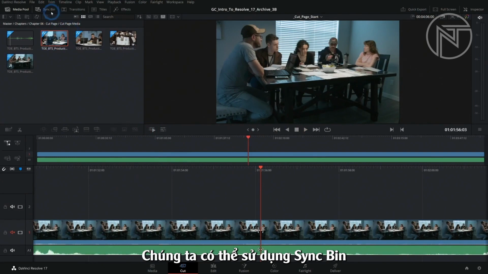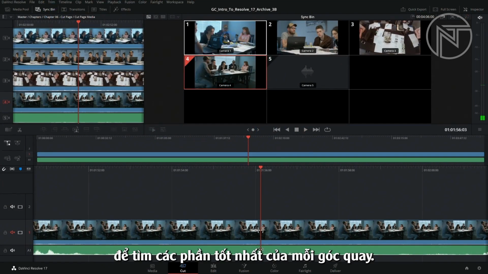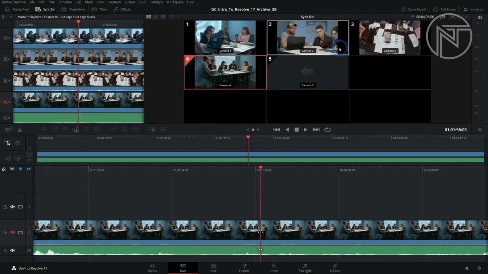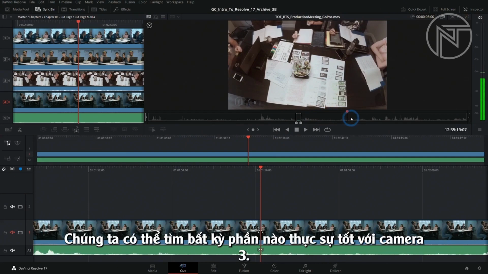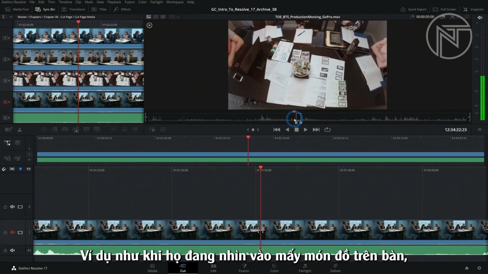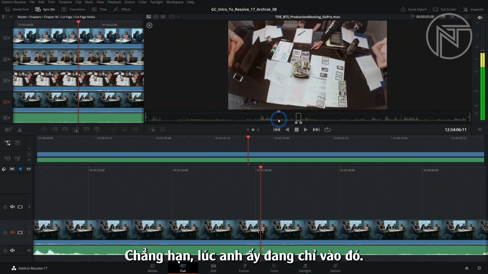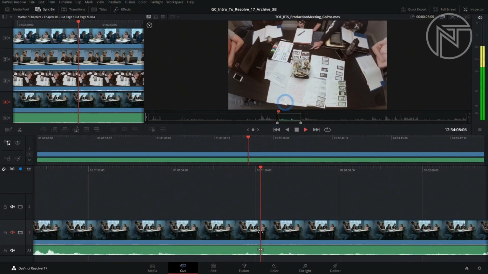We can actually use this sync bin to find the best parts of each angle. Let's say we want this camera 3. We can find whatever parts are really good with camera 3. Something where we're actually looking at stuff on the table. So he's pointing right there. And we can set an in. These 6 shots,